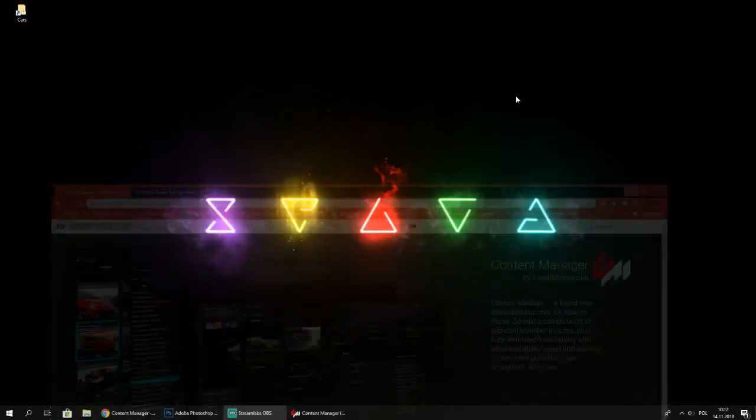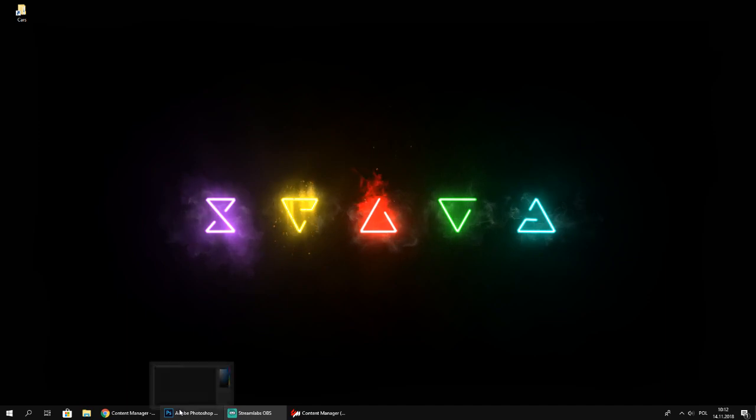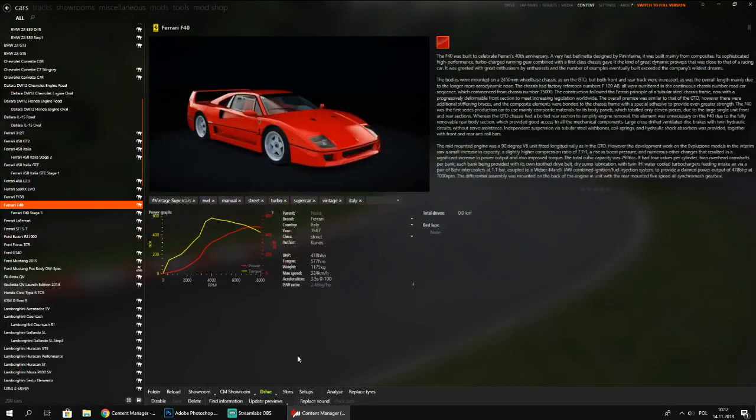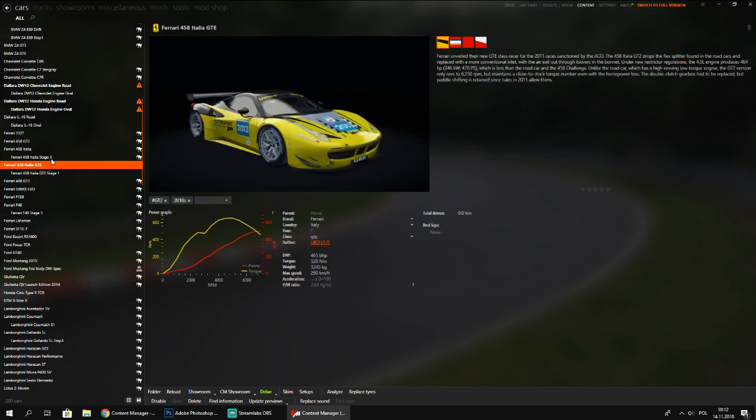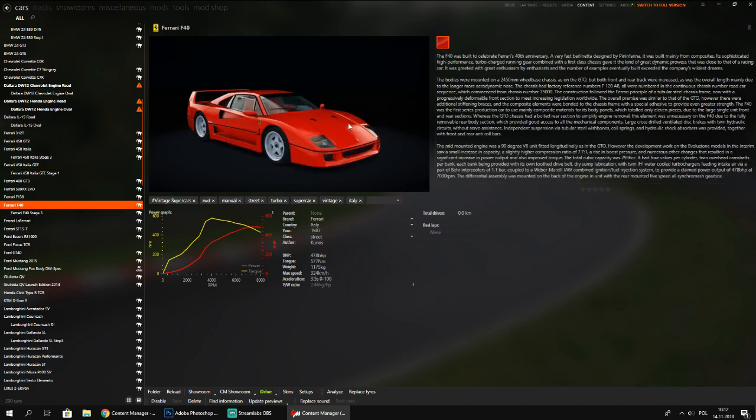So after we get this, you go to the Content Manager and select a car. You can select a car by going into content and cars, and then, for example, I see the F40 only comes in red. And let's say I don't like it. Let's say I want to change it. So I go to the CM showroom